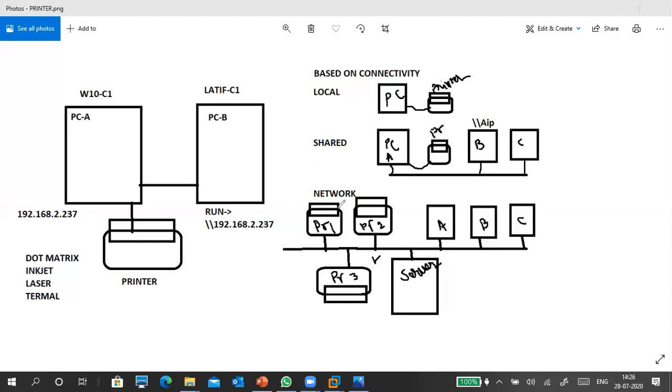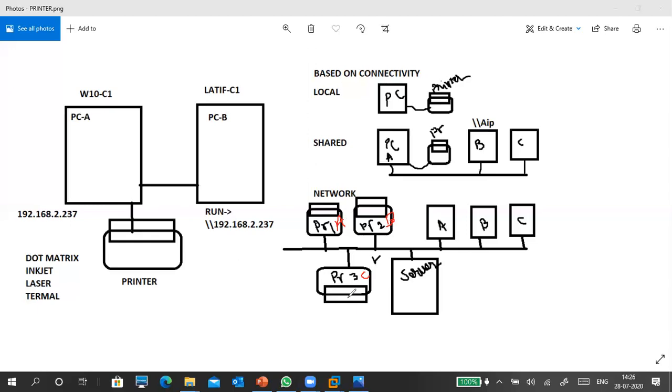But the problem is, if more users are there, more print jobs are in the queue for a network printer. So we can attach more printers, and then the load will be shared among the printers, like PC A giving a print to the first printer, PC B using a third printer, and C using the second printer.